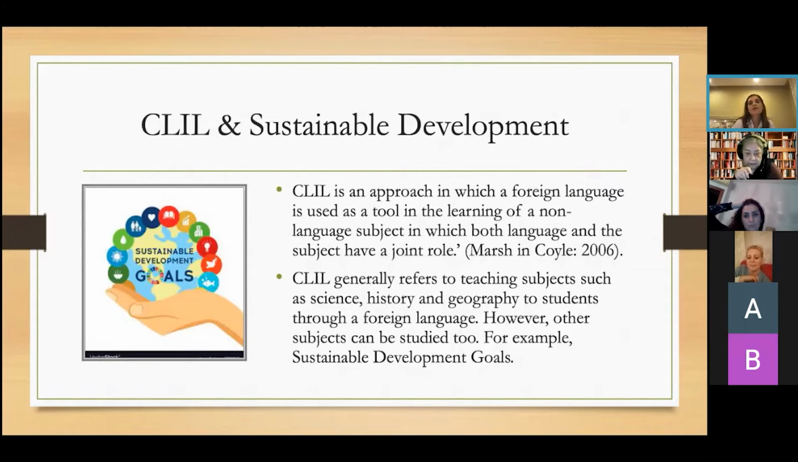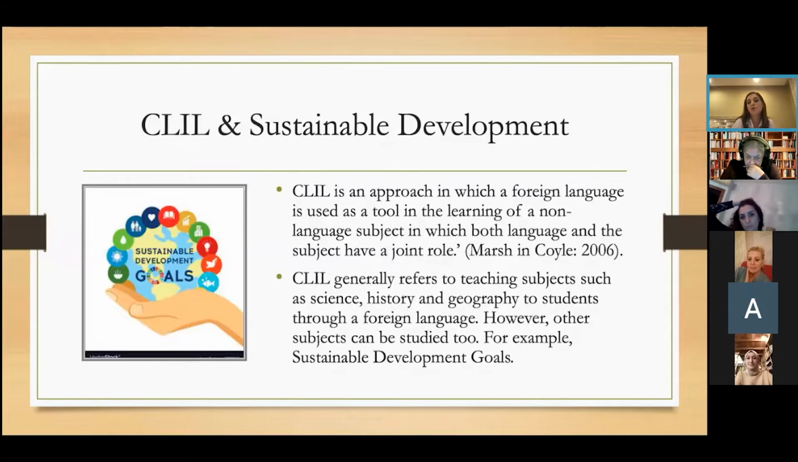Let me first try to explain CLIL in more depth. Marsh says that CLIL is an approach in which a foreign language is used as a tool in the learning of a non-language subject, in which both language and the subject have a joint role. However, again, generally, CLIL subjects are chosen among science, history, or geography disciplines. However, other subjects can be studied also. For example,